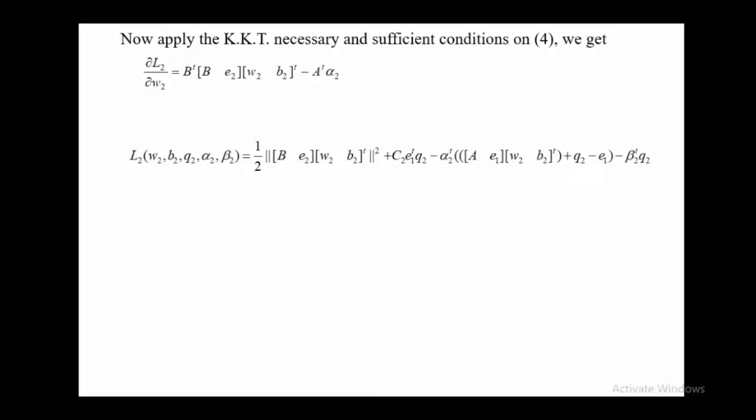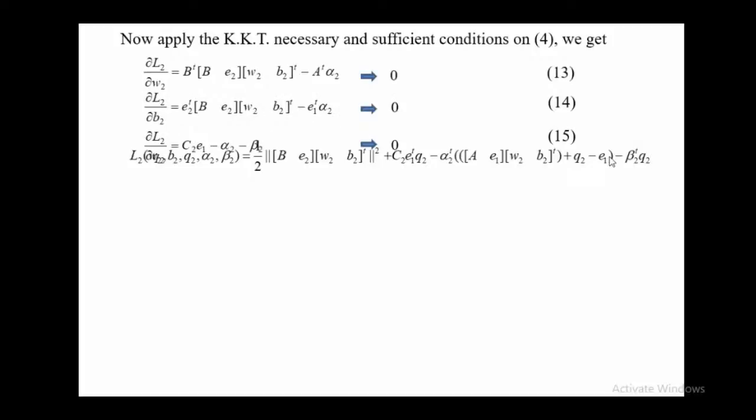In the same manner, because here we will not get 1, since there is a multiplication with this W2, there is a B. So that's why you will get this B transpose on this one, and here this will be 0 with respect to W2, and here again you will get this minus A transpose alpha 2, and with respect to this 0, with respect to this again 0, and with respect to this you will get 0. So ultimately, if we find the derivative with respect to W2, V2 and alpha 2.